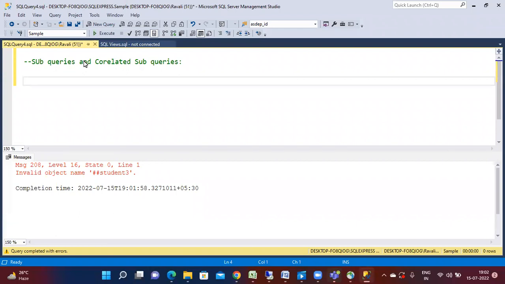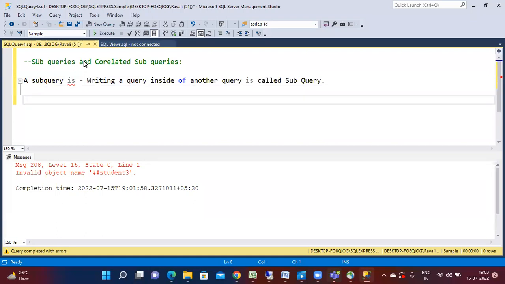What is a subquery? A subquery is writing a query inside of another query. It is called a subquery. Okay, subquery or sub query, you can call it either way. Let's say